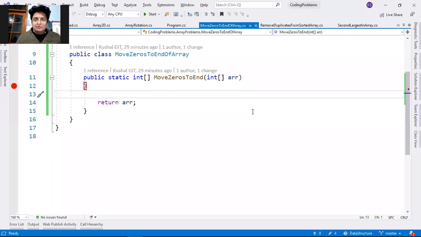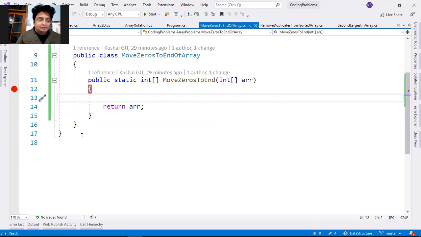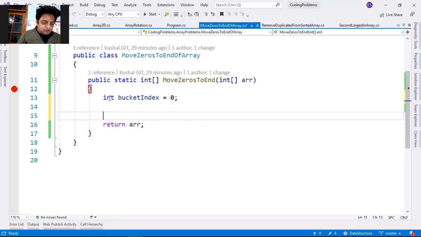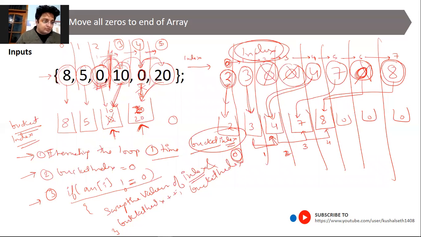Let me open my Visual Studio. I think this would be clear to you guys. I will make it bigger. So first I will take int bucket index is equal to 0, correct? So this thing I have done, point 2. Point 1 is iterating the loop.